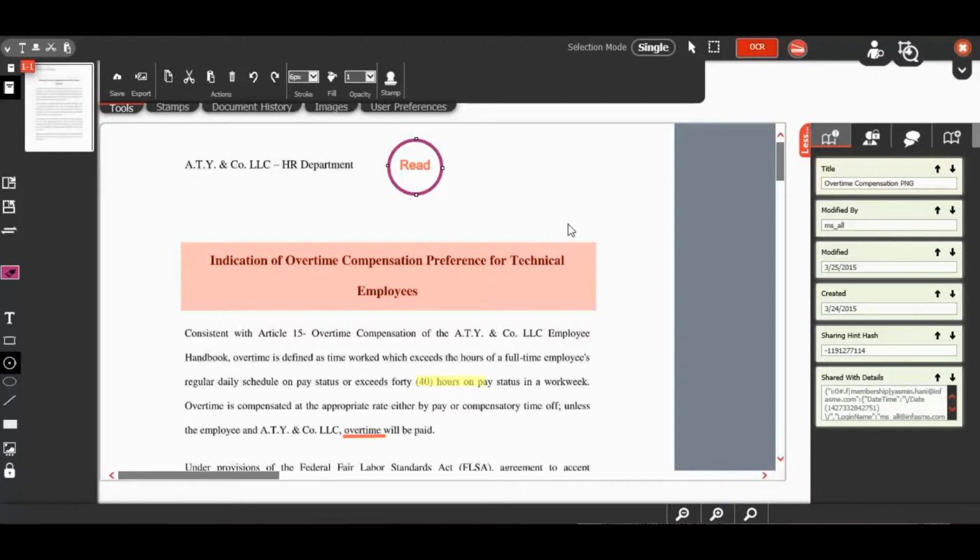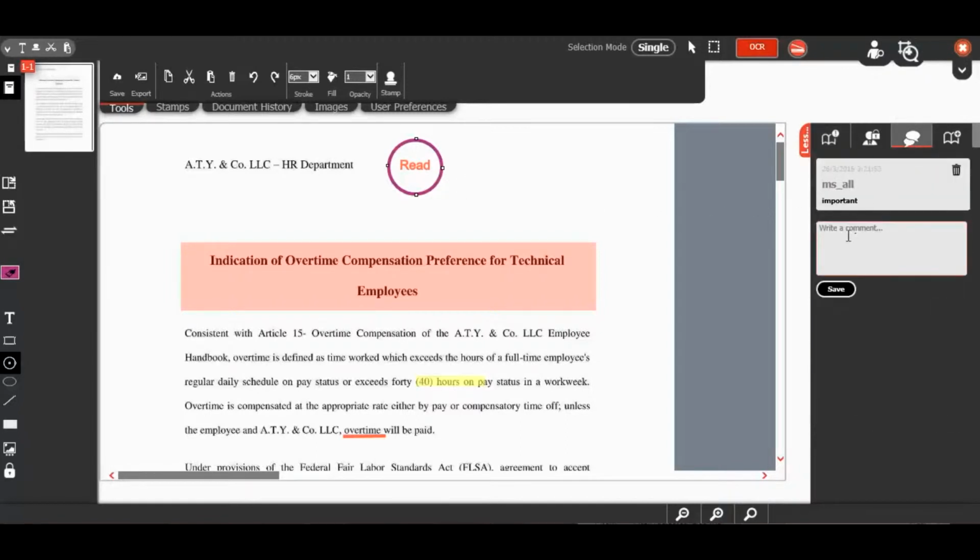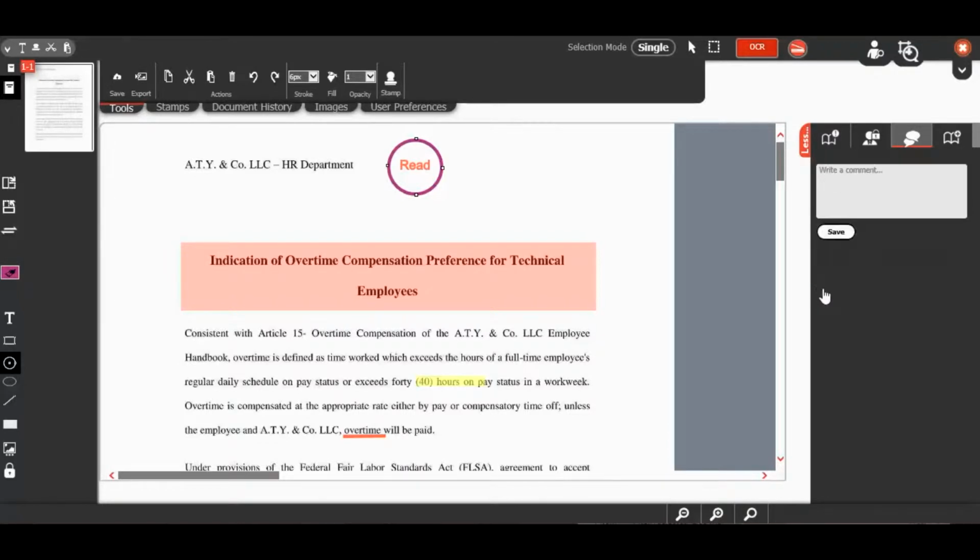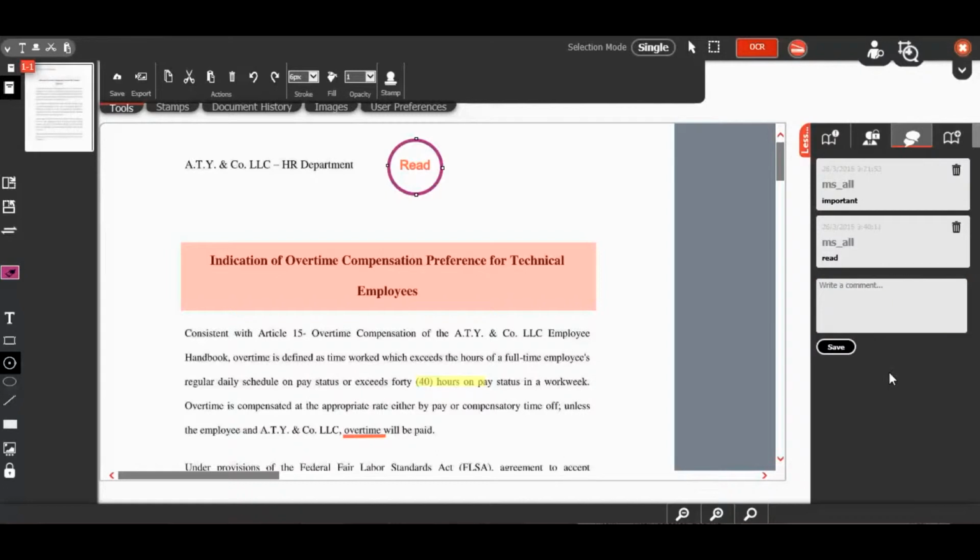Now, to add comments to your annotations, first make sure that your selection mode is single, and then select the annotation you wish to add a comment on. Now, go to the right panel and click here, and then write your comment in the text box, and then click on Save. Once you save, another text box will automatically appear, and so you can add as many comments